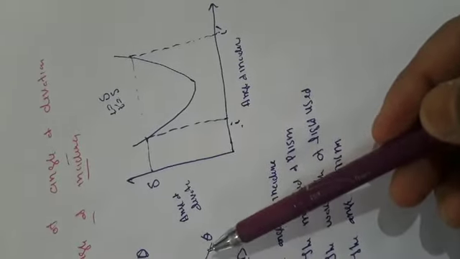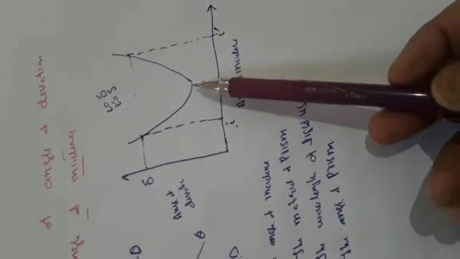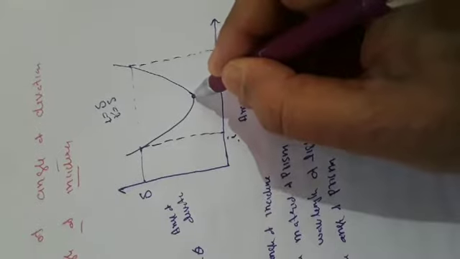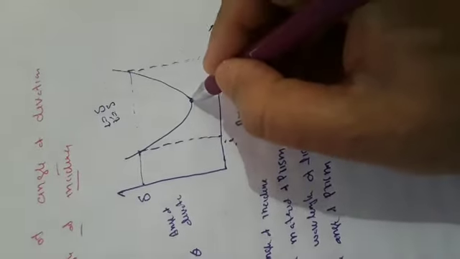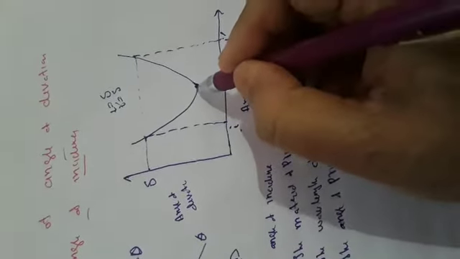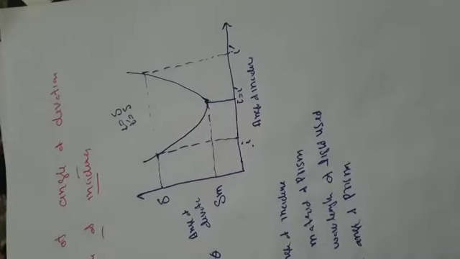When we draw the graph between angle of incidence and angle of deviation, it has been seen that angle of deviation first decreases and reaches a minimum value, and again starts increasing. This minimum value corresponds to the point where I is equal to I dash. ये दोनों बराबर हैं. This value of angle of deviation is called minimum deviation. That means angle of deviation of a ray of light passing through a prism not only depends upon the material, but it also depends upon the angle of incidence.